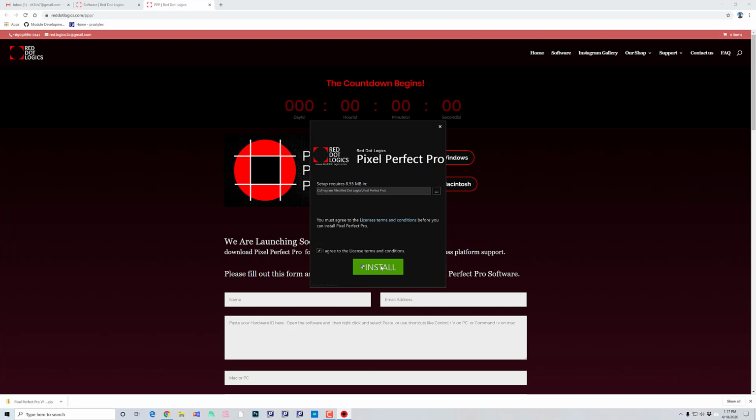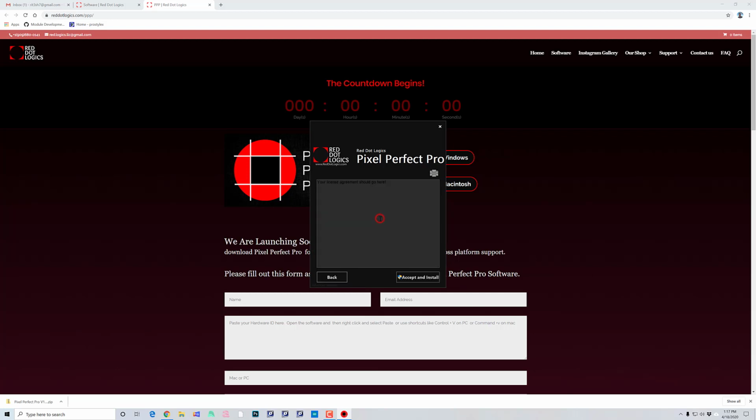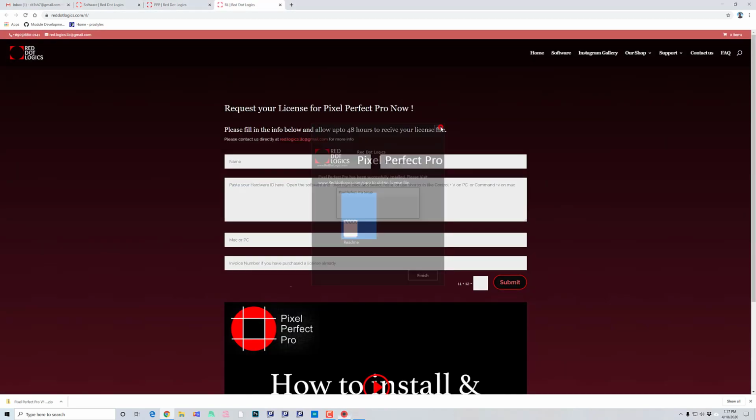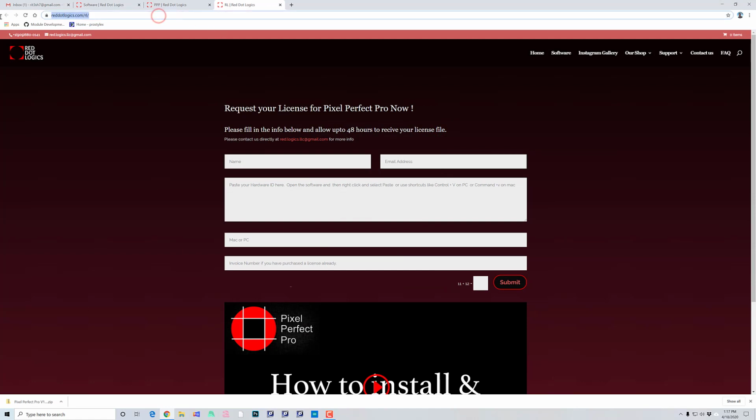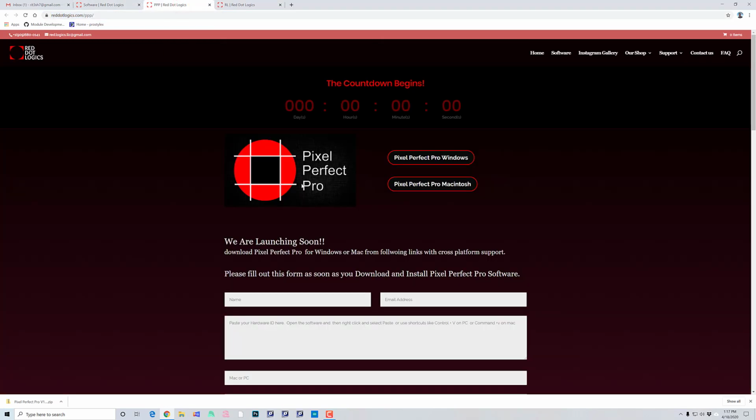Go ahead and agree to the terms. If you want to read all the terms, they are available here. And that's pretty much it. So once you're done with installation, it's going to bring you to this new URL, which is RedDotLogics.com/rl to request a license. You could either do it on here, or you could do it from our previous page that we were on